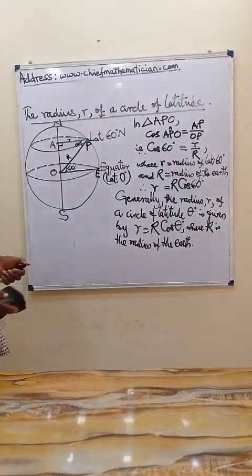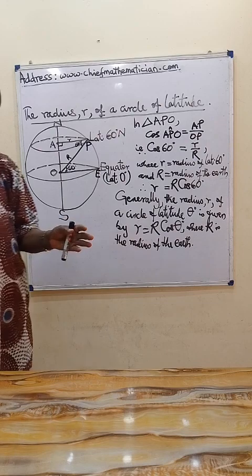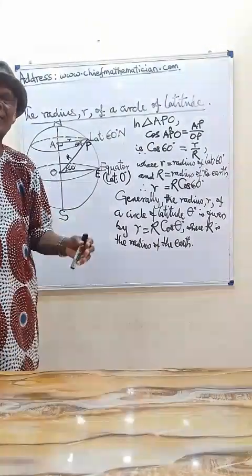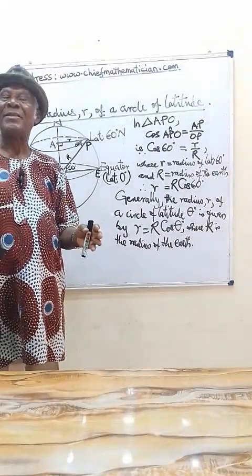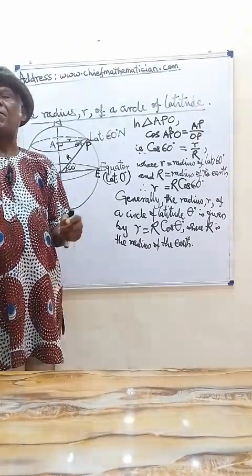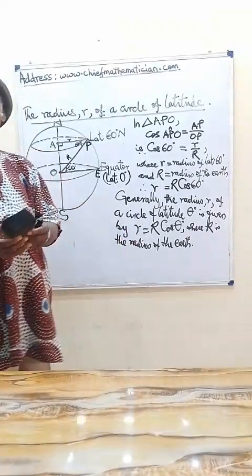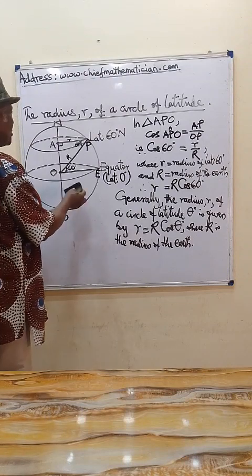Now, we are going to look at a case of finding the distance between two places on the Earth's surface. Let us this time limit it to two places on the same circle of latitude and on different lines of longitude. I will show that